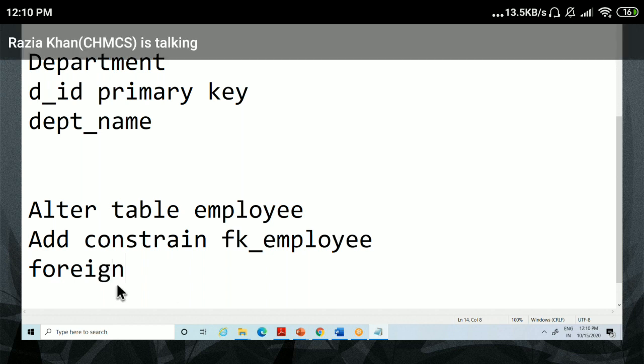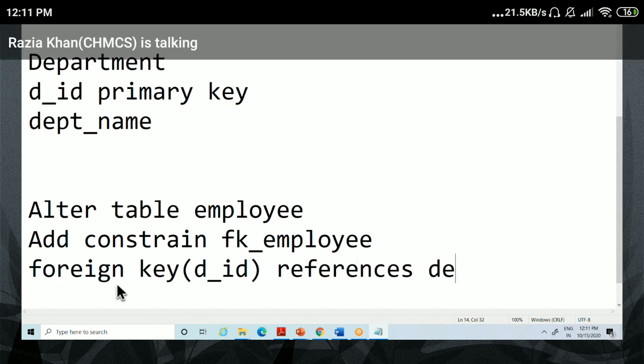Then say FOREIGN KEY in brackets. You have to write down the column name of your employee table, so department ID, then REFERENCES, and the table name which you want to link, so department.